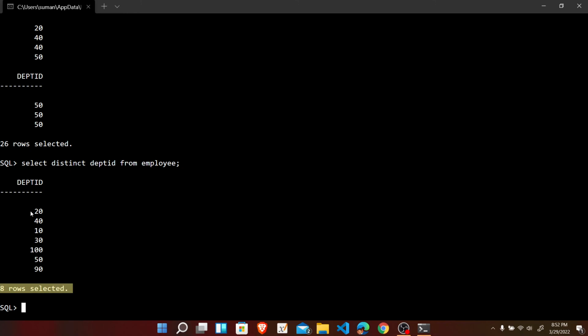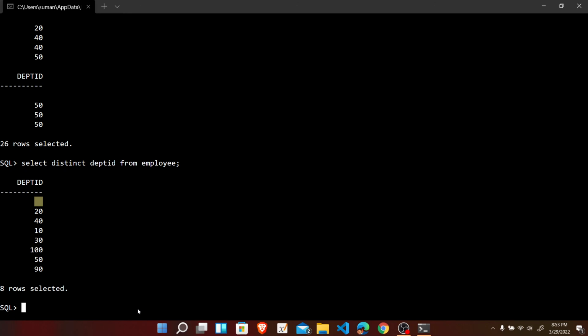That means 20 appearing only once, 40 appearing only once, like that. If a null value is present in the field, that would also be a distinct value, and that's why the first one is a null. So to remove the repetition or duplicacy from the output, we have to use the distinct keyword after